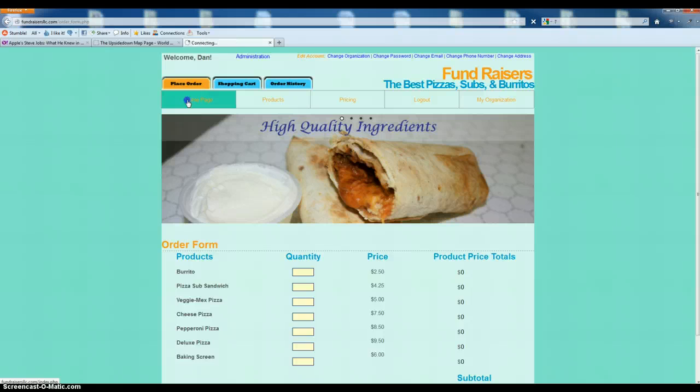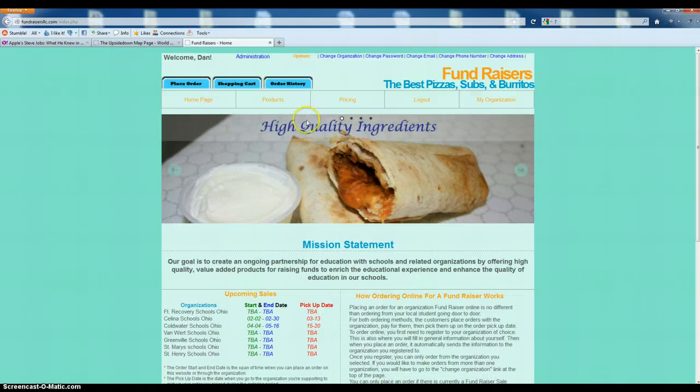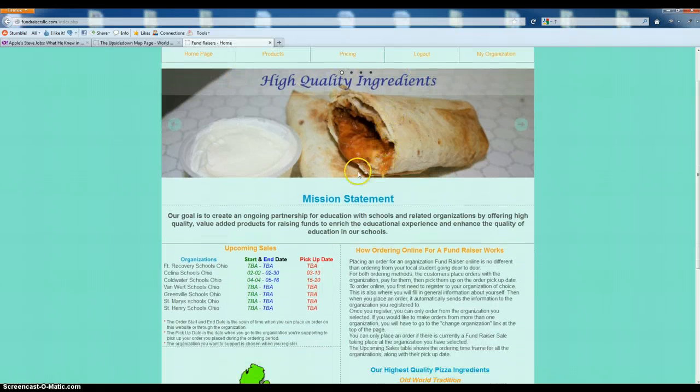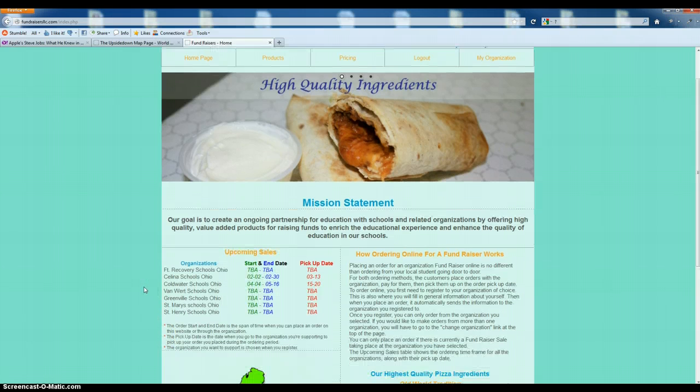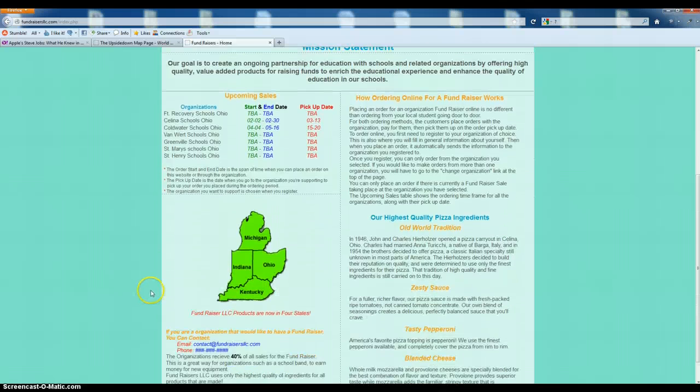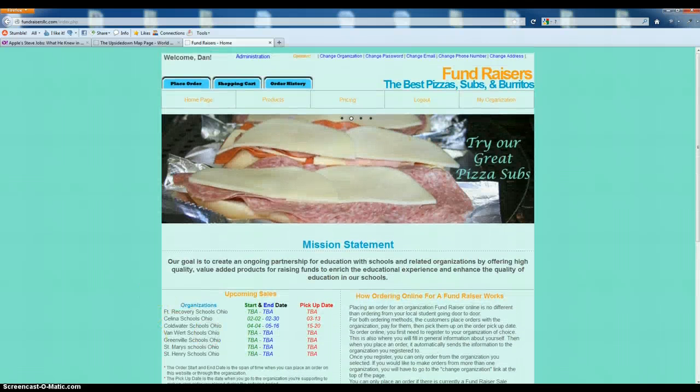But that's a good overview of the fundraisers website I built. I'm trying to get about 4 or 5 different videos of different work I've done just to give you a wide example of everything I've done. So hopefully this gave you a good insight into my ability of developing a dynamic website for web-based